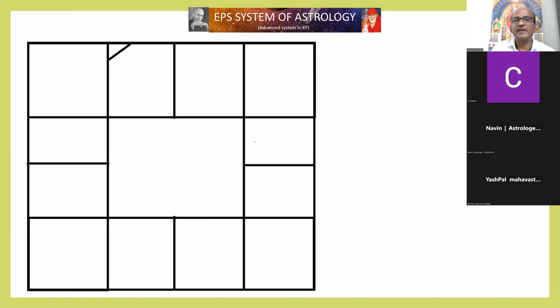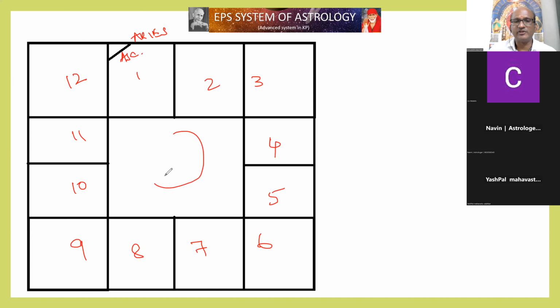Yeah. So please understand, I'm not good in North Indian chart, so I am using only South Indian chart. If any doubt, you can ask Pamanji, will help also. You see, for example, this is the ascendant, Aries ascendant. This is first house. This is going to be 12, 11, 10, 9, 8, 7, 6, 2, 3, 4, and 5. So in South Indian chart, the houses are to be counted in clockwise direction. That we know, right?